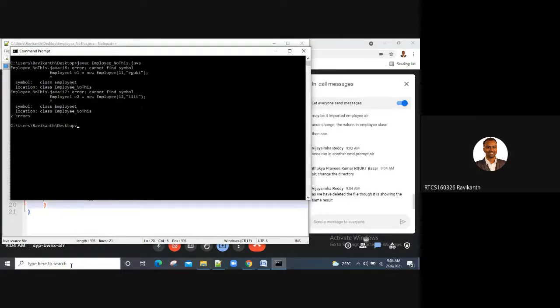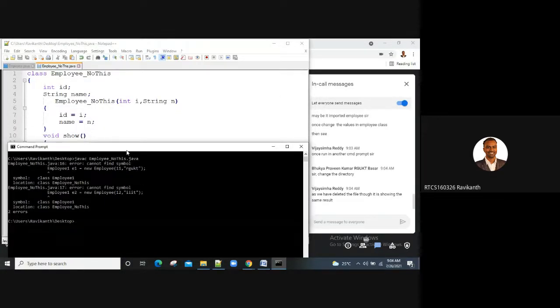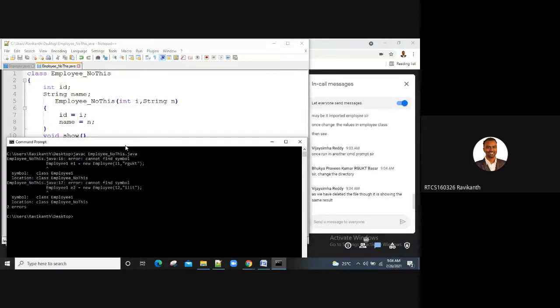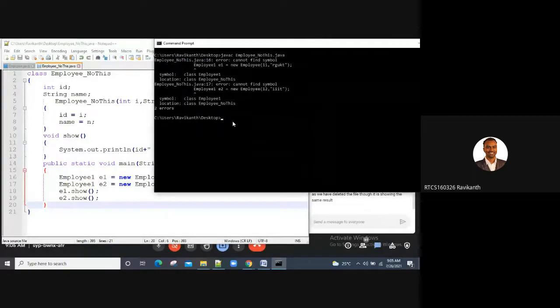Now is it clear, guys? The file's name was matching, the class name was matching previously, so it was taking that class directly. As it was in the same directory, Praveen, as both were on the desktop itself, it was directly going with that class, right? You're getting my point, guys? So now we have got the actual error.